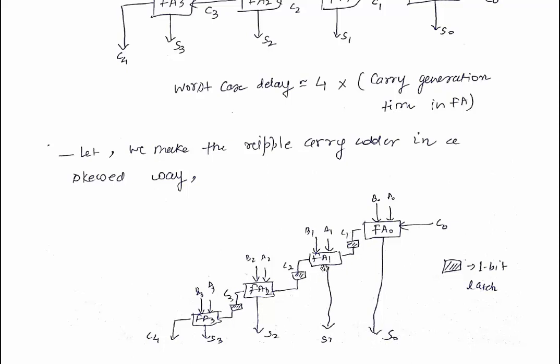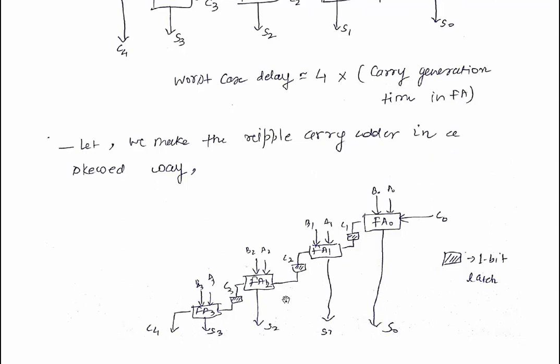These are latches. These latches are used to store the intermediate result, that is, the carry bit. By the time this C1 becomes available here, A1 plus B1 must be available to the full adder. So S1 here, carry here, and by the time the carry reaches here, A2 plus B2 is available in FA2. That is how you can implement the ripple carry adder in a skewed way, and this will benefit you in terms of throughput and delay. The delay here would be very less as compared to the previous case, and throughput also increases.